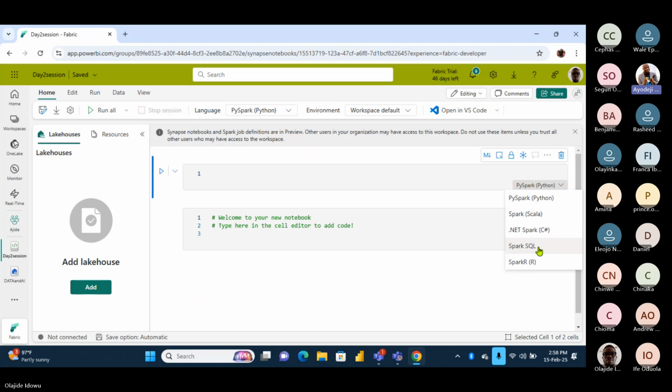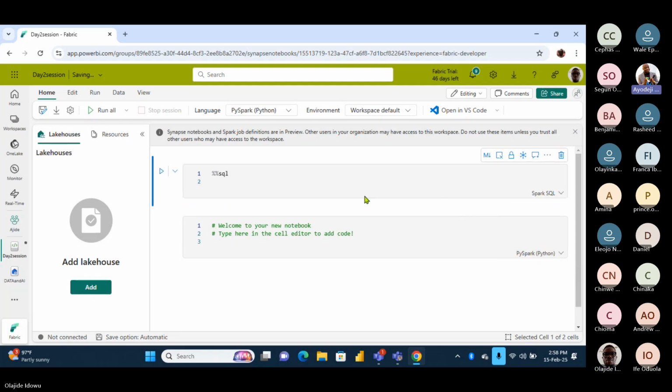I can decide to switch to Spark Scala. I can switch to Spark SQL. I can switch to Spark R or .NET Spark, that is C#. But I said I would love to switch this one into Spark SQL. Click on Spark SQL.